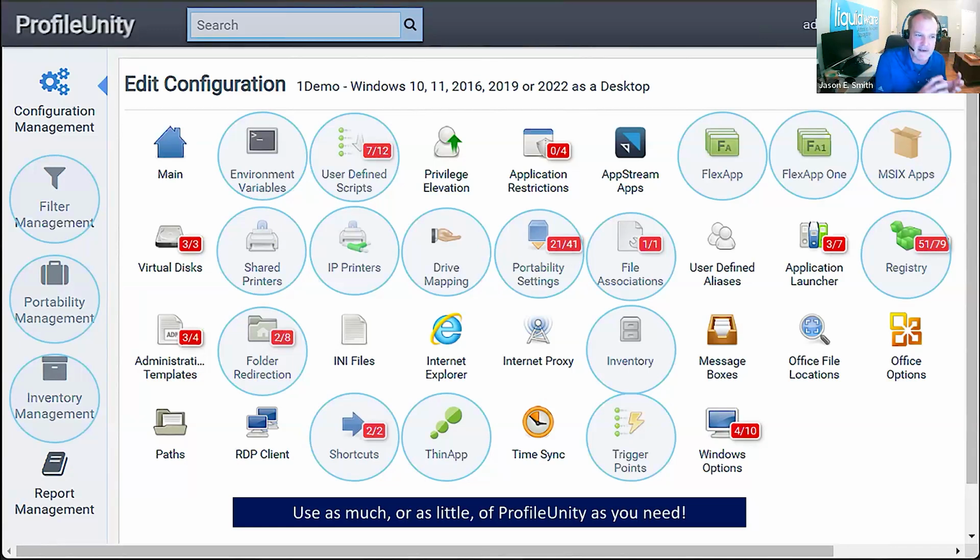It goes hand in hand with what you see directly in the middle of the screen. Portability settings. You see we have 41 to choose from in this environment. 21 are activated for users in there. If there's a rule set that we haven't built right out of the box from day one that picks up